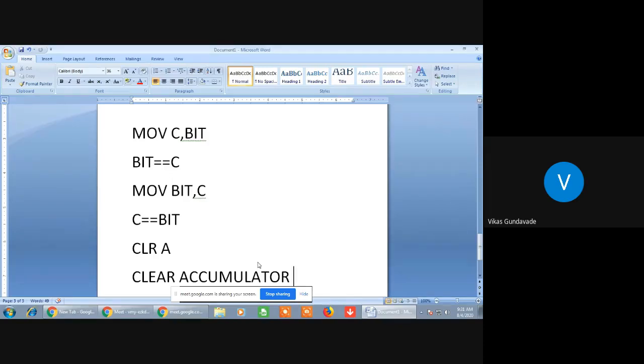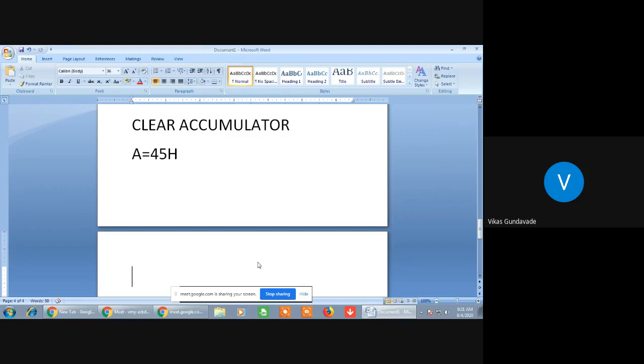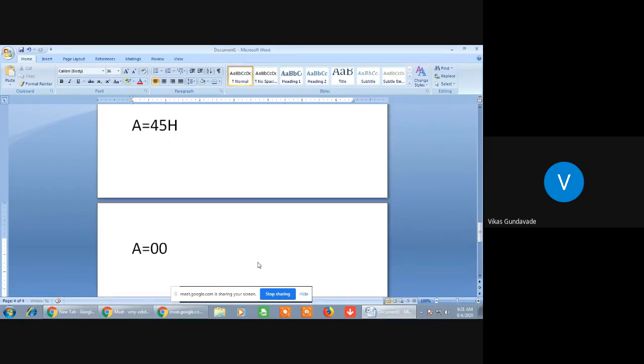By using this instruction, the accumulator contents will get cleared. Whatever the status of the accumulator, let's say the contents are 45H, after execution of clear accumulator the contents will become 00. That means all the data available in the accumulator will get cleared.